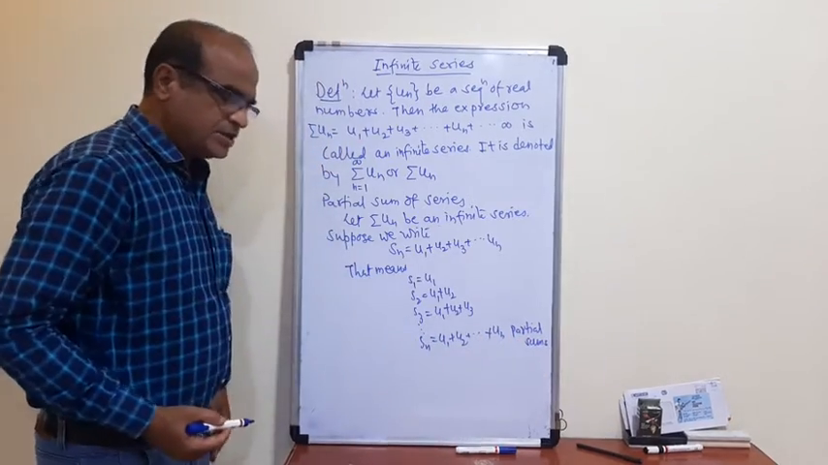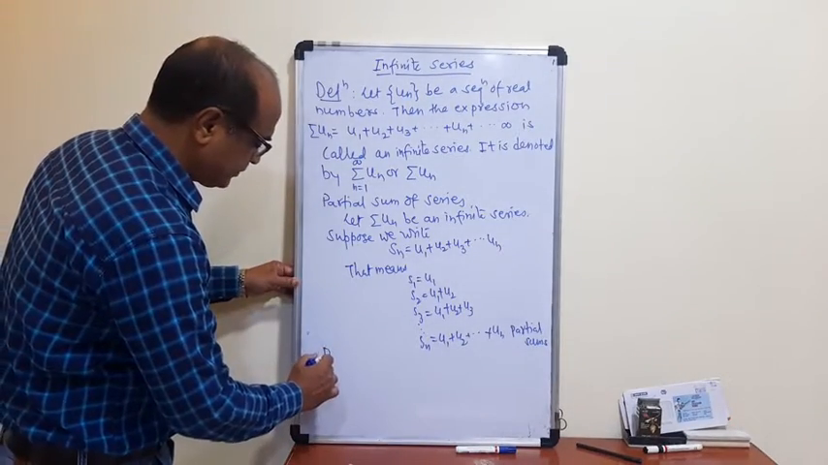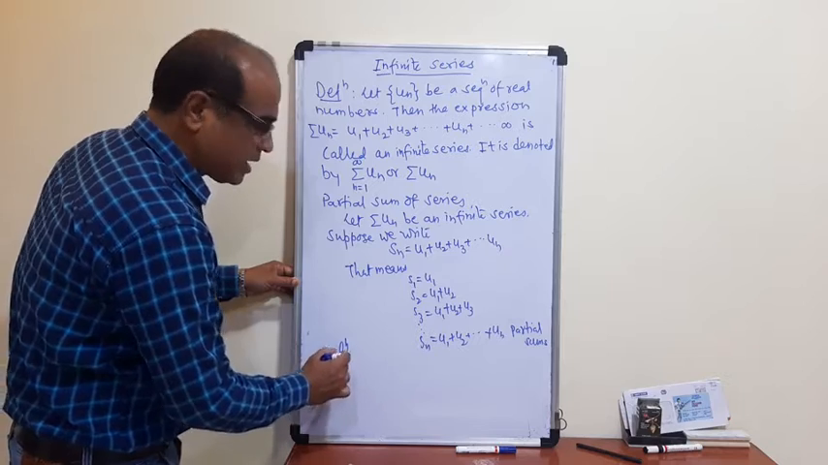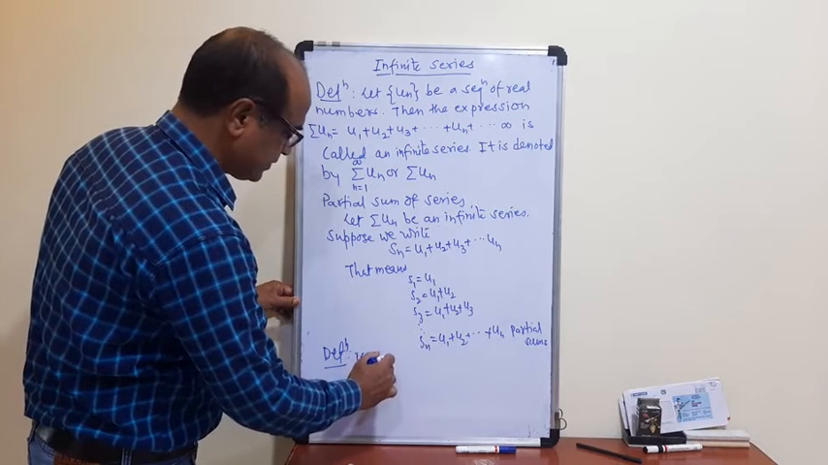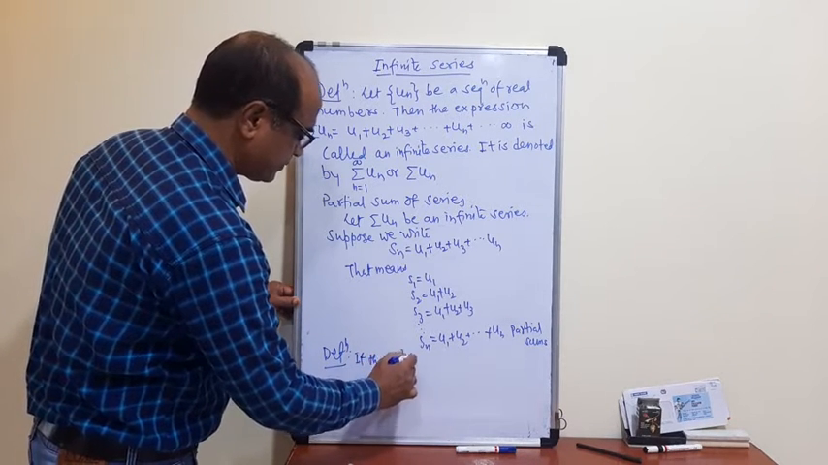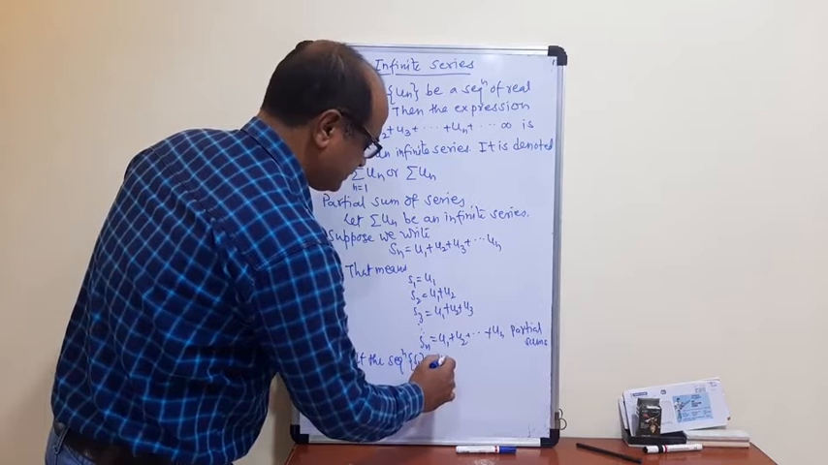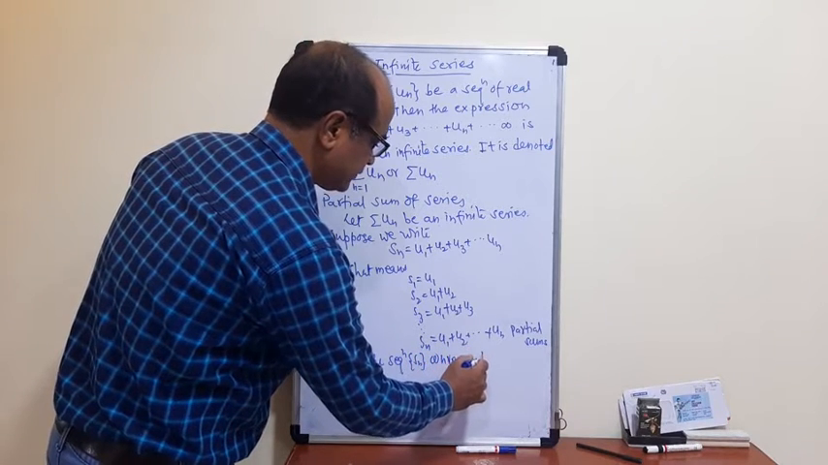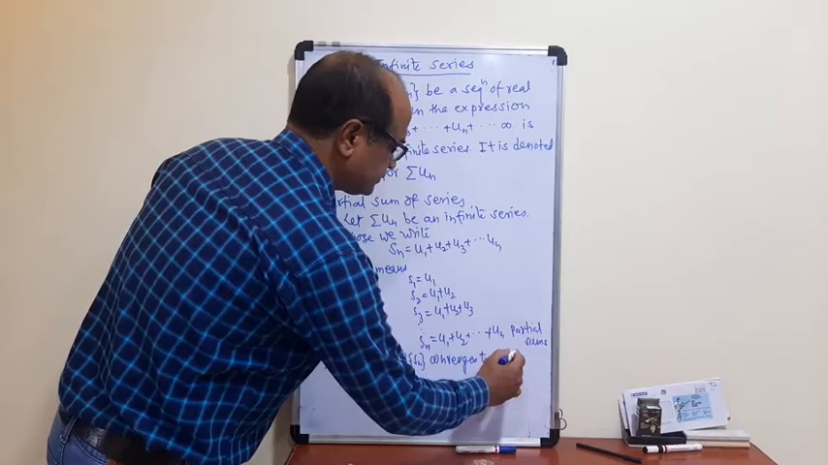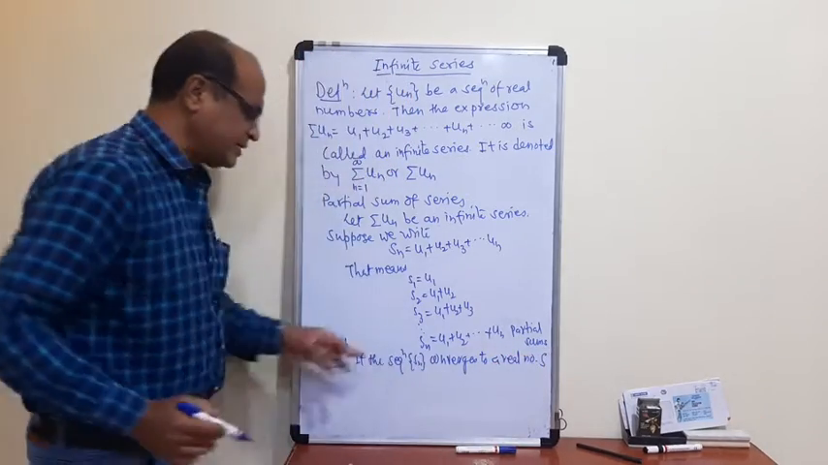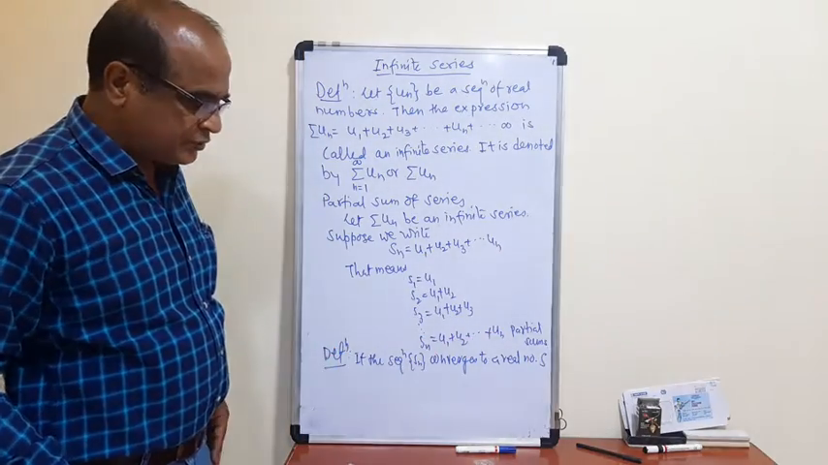So what is the definition of convergence of the series? The definition is: if the sequence Sn converges to a real number S, so Sn is a sequence having limit S, the sequence Sn converges to S,